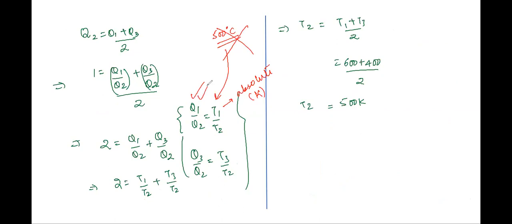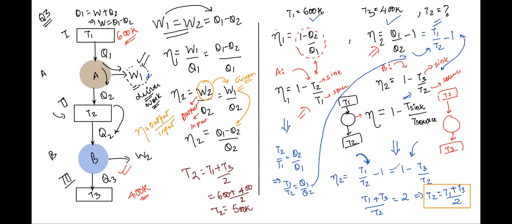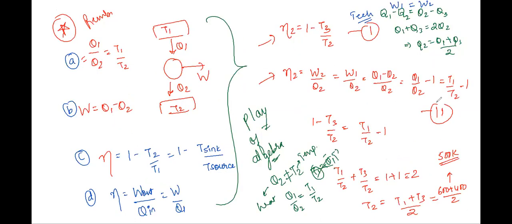Atul, question to you. Is this approach clear to you, the second approach of solving this problem? Yes, sir. And is the first approach clear to you, Atul? How did we go about it? We equated the efficiency of the two engines, right? In my approach, we equated the efficiency of the engines. In your approach, we equated the work done of the two engines, right? Are we clear with both approaches, Atul? Yes, sir.